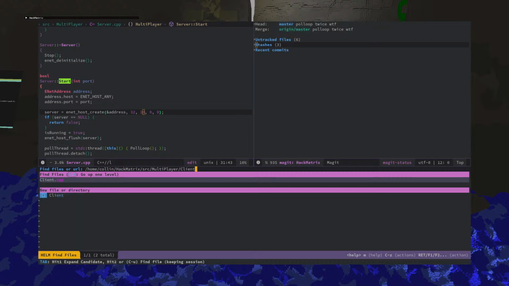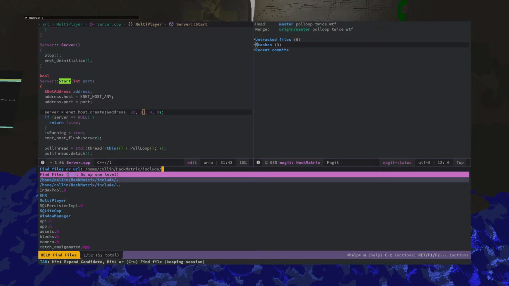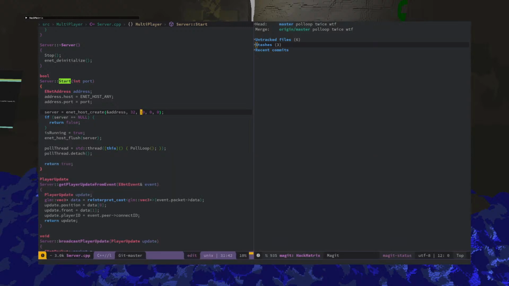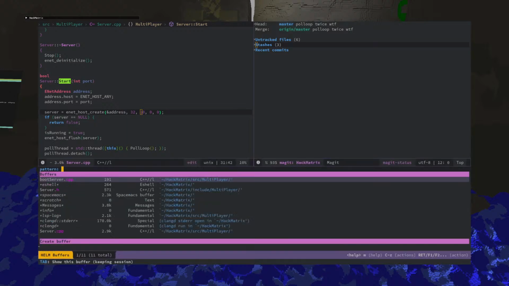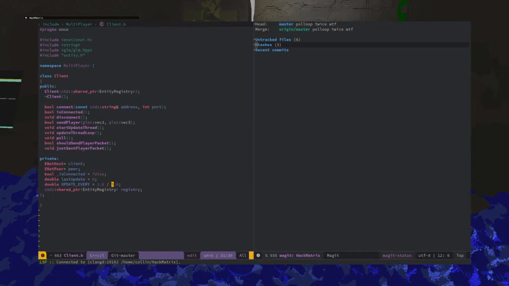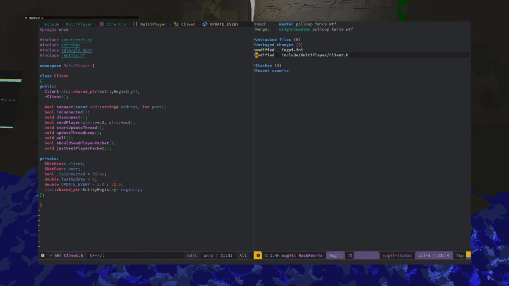To do that, it is in the include. It would be the multiplayer client. Okay, and so now this is going to be 20. And so I need to push that.